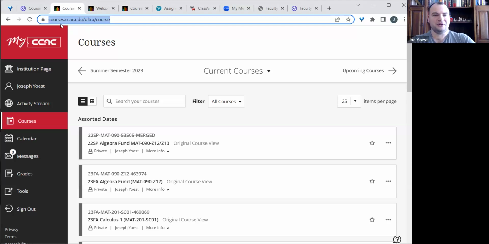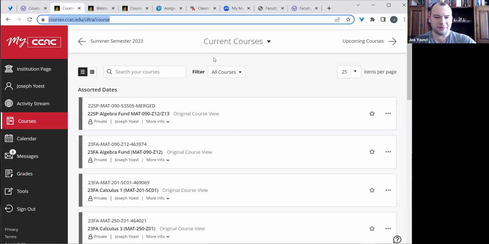The easiest way to get to it is just to go to courses.ccac.edu, and then you can log in with your same username and password as your email or the portal or any of that. You can also get here through the portal at my.ccac.edu, but sometimes it can be a little finicky to get that to work correctly. This is the Blackboard Ultra